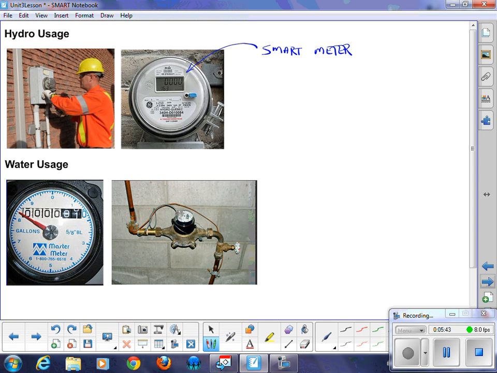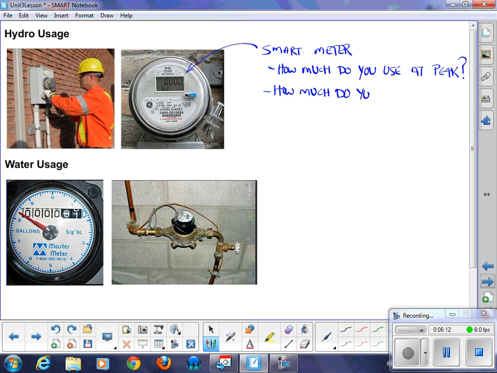Okay. So the smart meter basically tells you three things. How much do you use at peak? So that means that peak is a certain time frame. I'm going to actually let you look that up for yourself because I want you to know where to go to find the stuff. And then how much